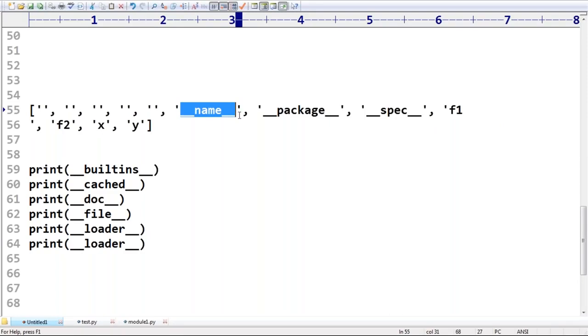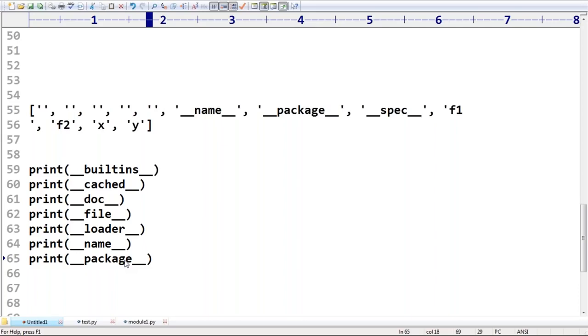__name__. It is a very important terminology. You should have clear clarity about it. Next, what is this one? __package__. Observe that. Now I want to print these members.